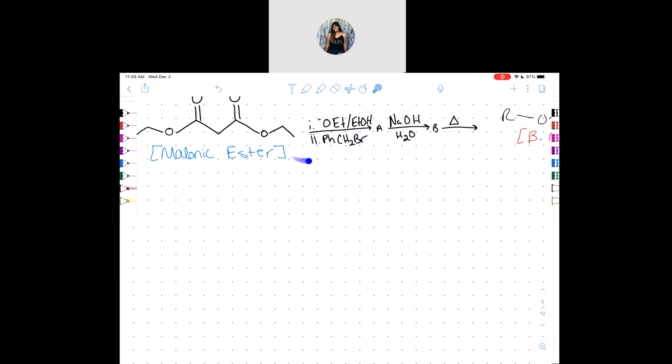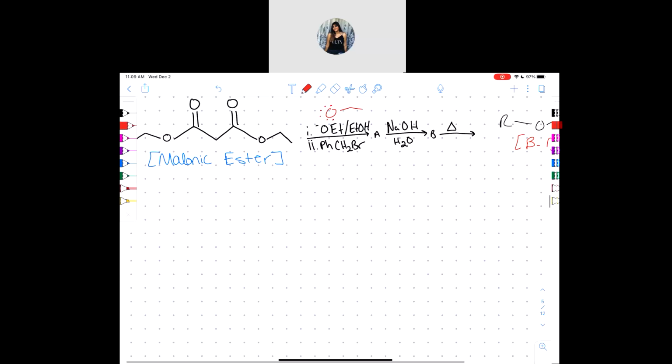So we have these reagents. We said that if we have this here, what is it going to act like? It has a negative charge. OEt minus. Yes, it will act like a base, and specifically, this one has a name. What do we call that kind of base? The alkoxide, exactly. Okay, cool. We can also call it ethoxide. That's also true. So the base is going to come in,